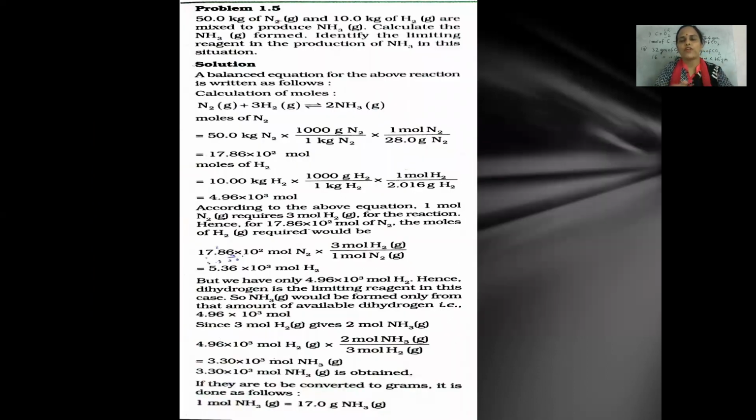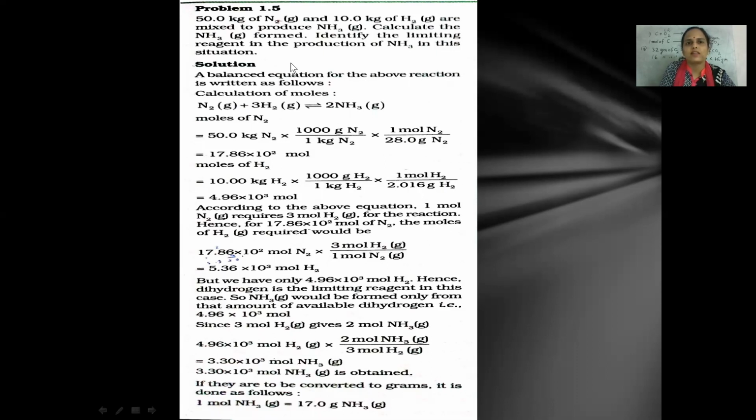Yes, it's a very important question, a little tough, but if you understand how to solve and proceed, you can easily solve such questions on limiting reagent. So let me read the question first. The question is 50 kg of nitrogen and 10 kg of hydrogen. They